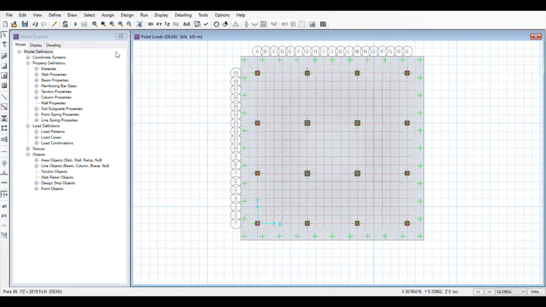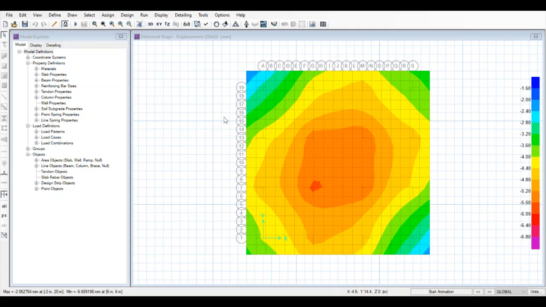So now once you have assigned the loads and properties, go to run analysis. It will give some time to the software to run the analysis. As you can see in front of you, different areas are shown, how they will be affected under the loads.